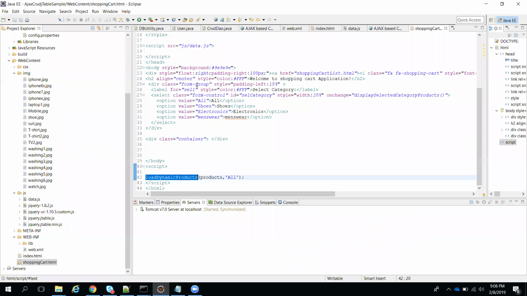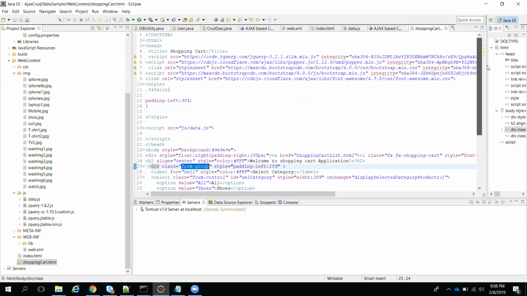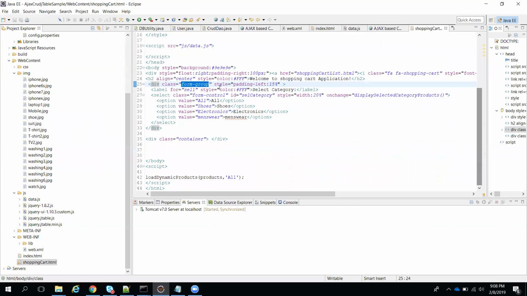These are predefined HTML like Bootstrap. I included the Bootstrap CSS at the top. These are some predefined CDNs I included related to Bootstrap, because it provides predefined CSS. So I used those classes for the drop down. When I select shoes, there is an on change event for the drop down. I told you there are different events: for a button, on click, and for a drop down, on change. So we have an on change event here.